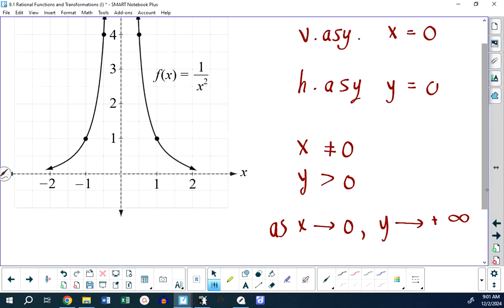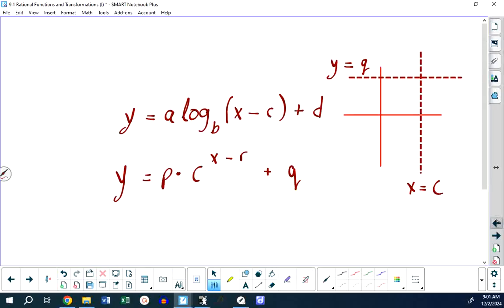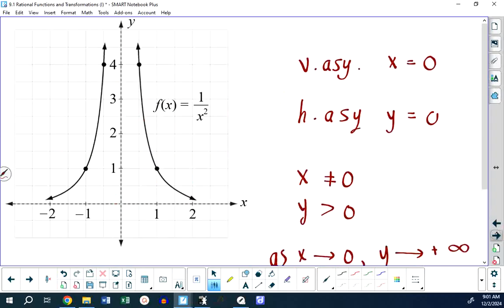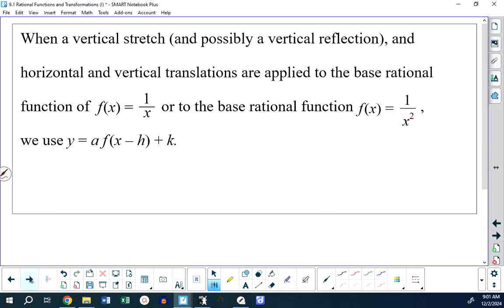So all this first little warm-up is about is you recognizing what this graph looks like, y equals 1 over x, and what this graph looks like, y equals 1 over x squared. Does anybody have any questions about those graphs? All right, so if we apply